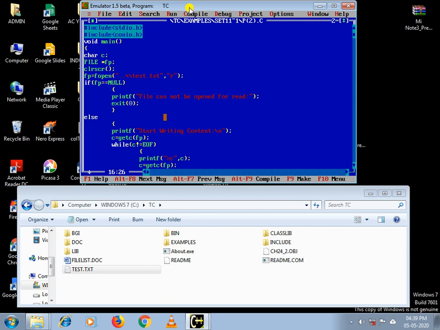Now, instead of start writing content, we'll write start reading content. In our previous code we used getchar, because the getchar function reads the character stream from the console, but here we are supposed to read the data from the file.